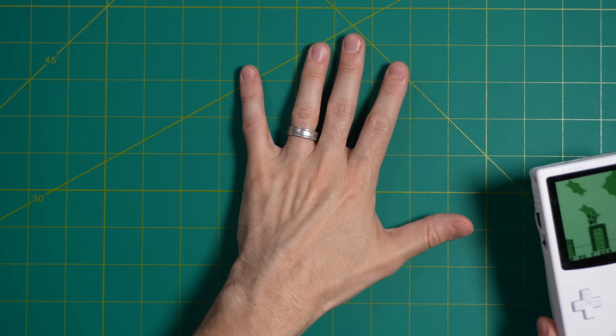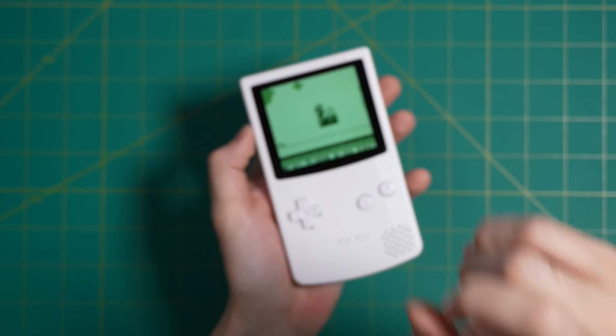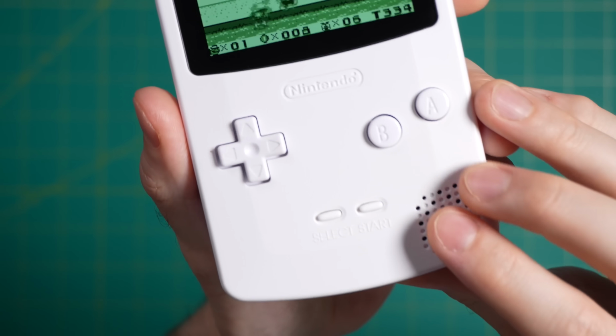Okay, another surprise reveal of the studio tour video is that I have a whole studio that I've been working on for quite some time now, and this is it right here. Now, this room is the same room I've been using for years. It's the same desk and everything, like the same green mat. I've got the same device, like nothing has changed here in terms of this top-down, essential retro camcorder video. The only difference is that I'm now using a real camera instead of my iPhone, which allows me to get a little bit of bokeh, which is the blurriness in the background, but then also I can zoom in a